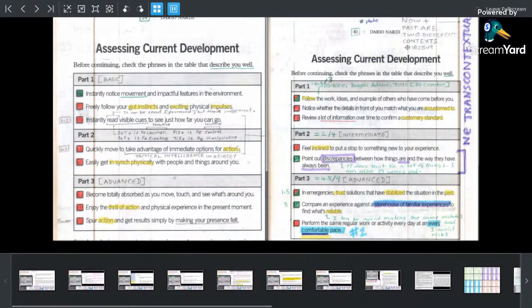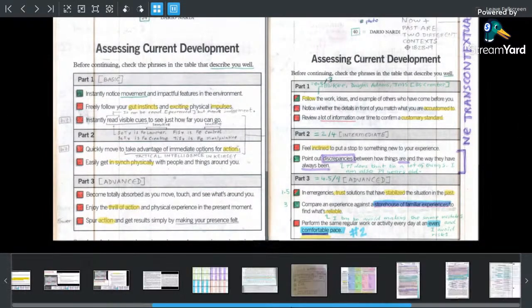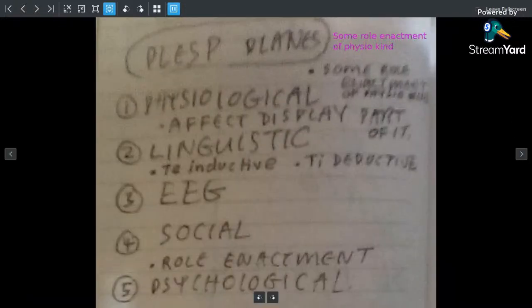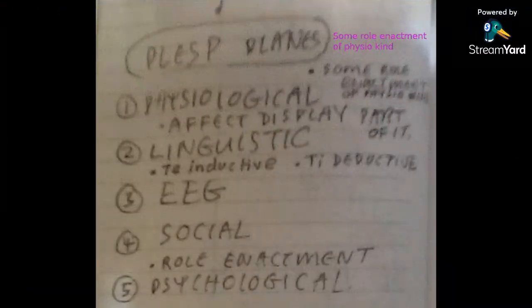Now, I'm not just going to stop, because this is the final abstract type. I'm going to do the 8 concrete types. These are some of the ways that you can look at functions. So Dario Nardi, what he's done with the EEG, you can say social role enactment is how they correlate with the function pairs, and sometimes triads in Keirsey, like enforcing the rules would be TE, SI and SE.